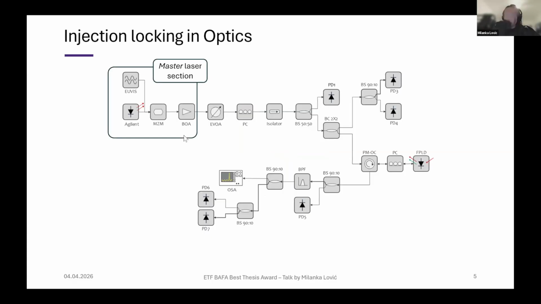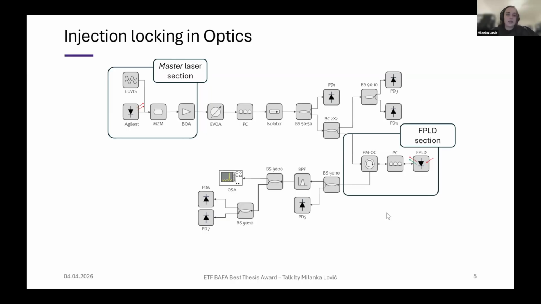Starting from the master laser section, which will keep its frequency. The laser that we used for this one oscillates at only one frequency. We call this a monomode laser, and it has only one peak in its optical spectrum. Keep this in mind. Then the next section that's important is the Fabry-Perot laser diode section, which is our secondary